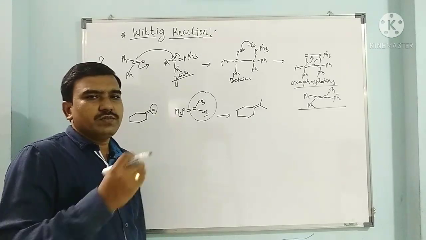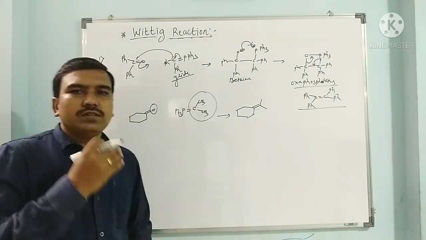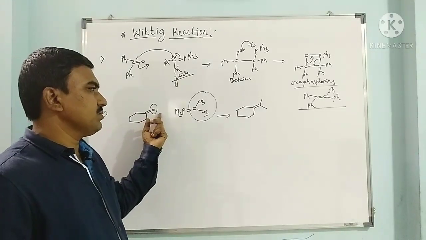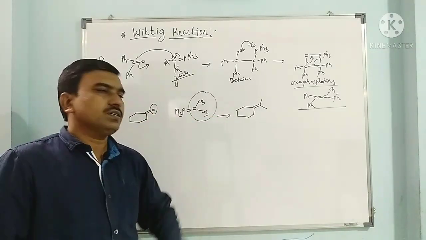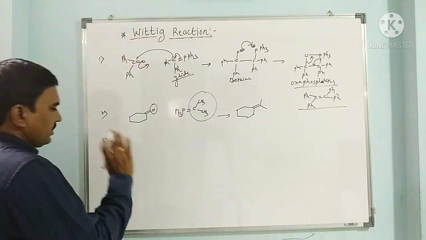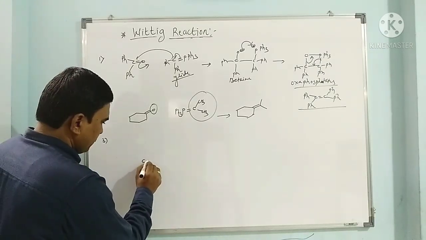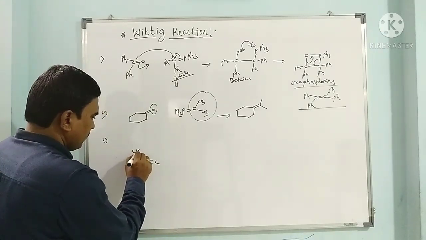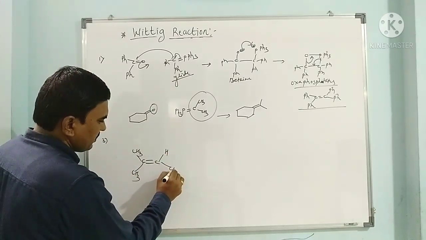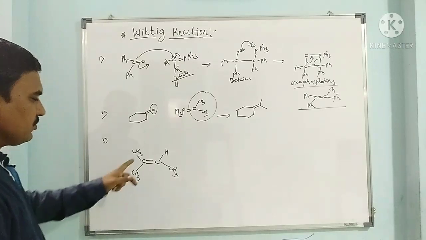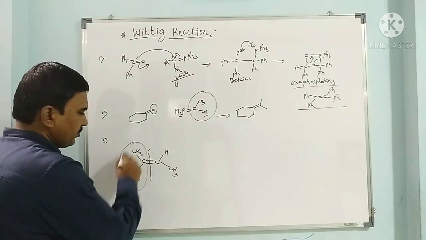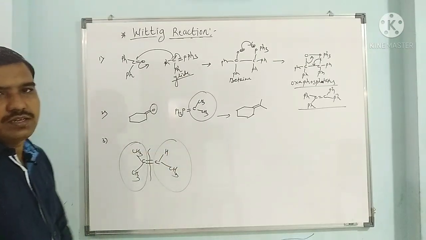So in this way we can prepare different types of alkylidene compounds or different types of alkenes using this. So this oxygen is replaced using the alkylidene group, and we get here this alkene as a product. We can have different types of alkenes. If we have to prepare C=C, here we have CH3, here we have CH3, here suppose hydrogen, here we have CH3, so how can we get this? We can have this carbonyl compound and this ylide.